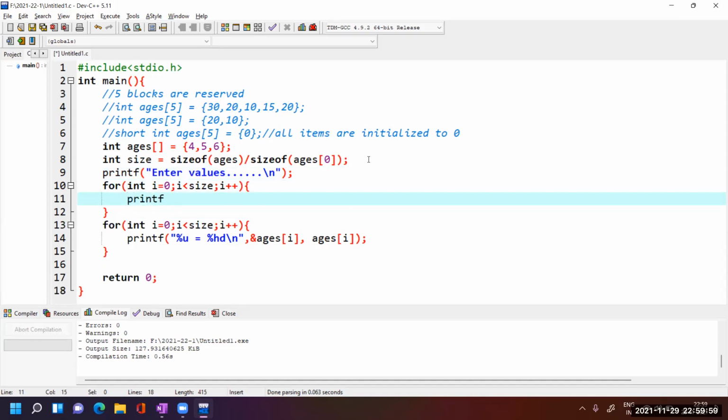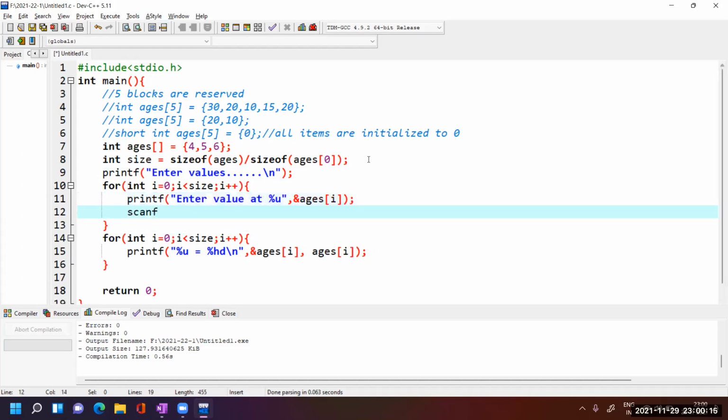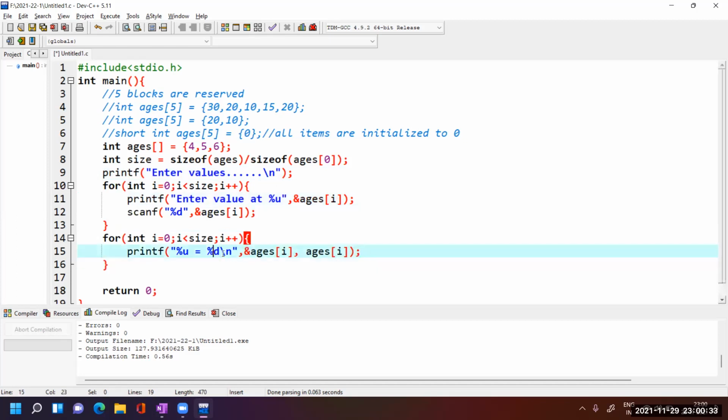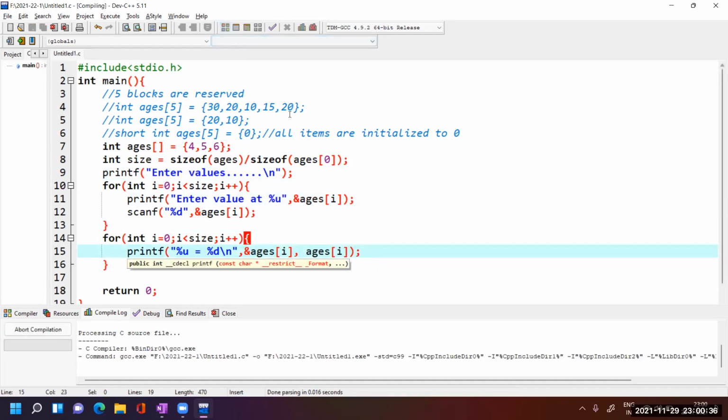Now give a message, enter value at, the address can be printed using %u, so ampersand of ages of i, and now we can take input in scanf. Ages is an integer, %d, and now we pass the address of each item. Later it will print the values. Save, compile, check for errors.